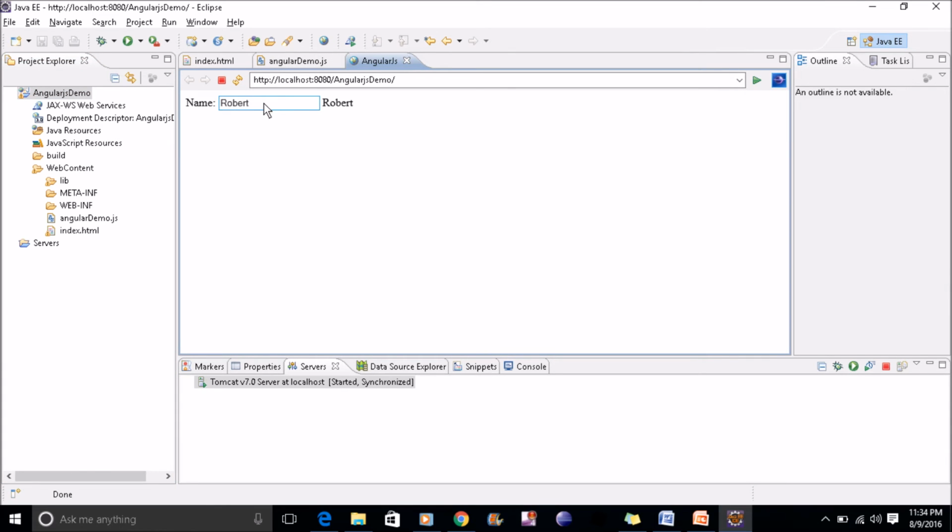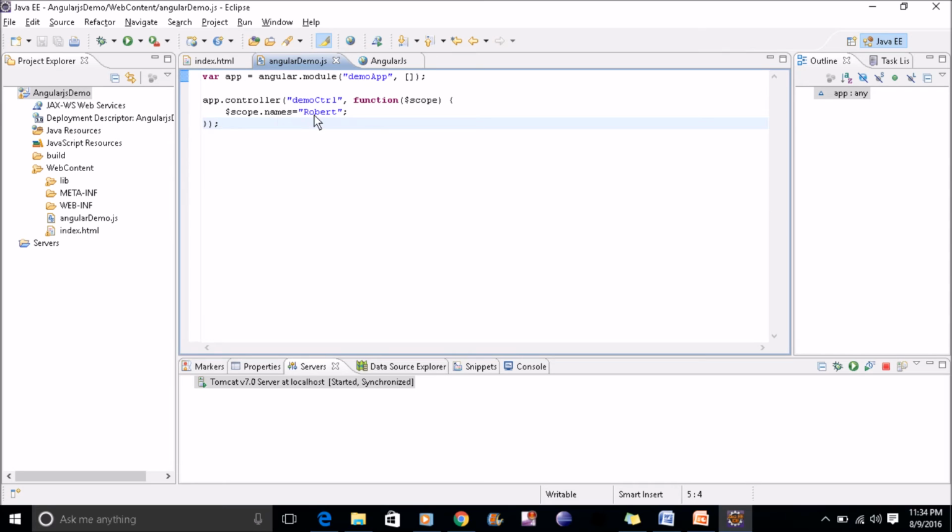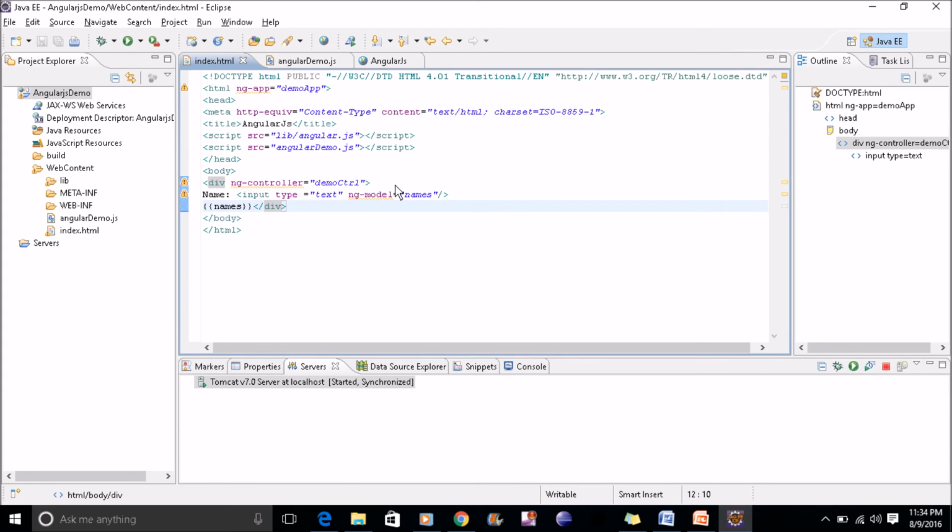So this is coming from the JS file, and if I type something here, this is going to edit on this one. So what is happening? First the name is taken from here. We defined it. We have given the name Robert. So it got it here because the controller is the same.